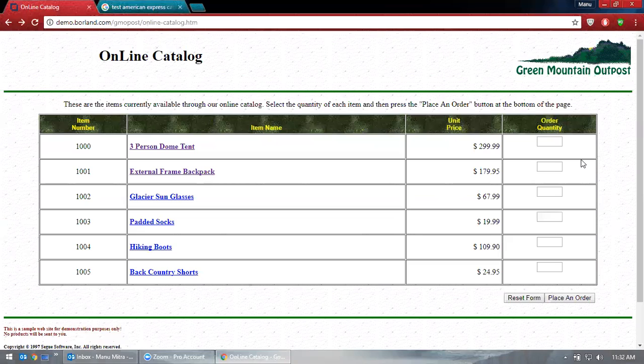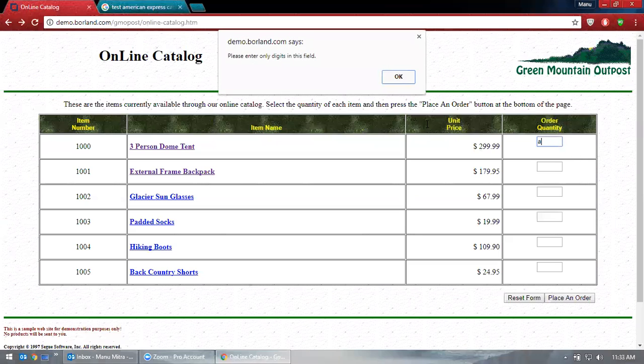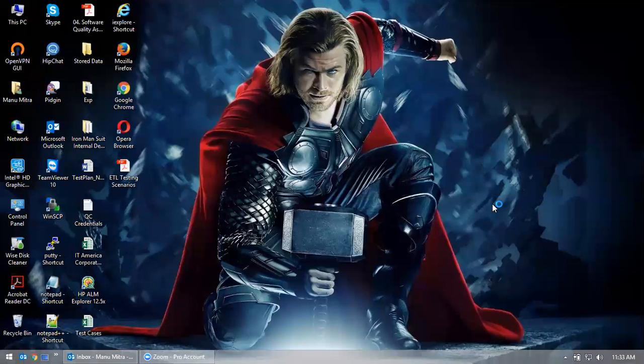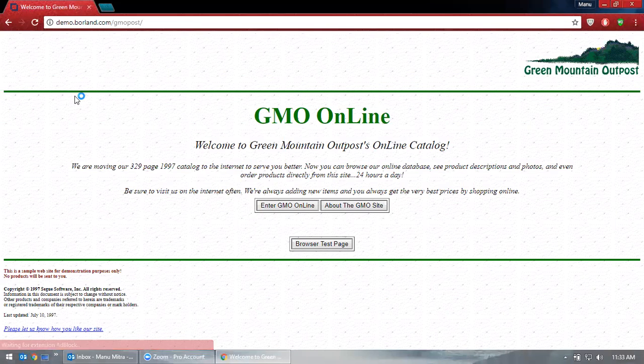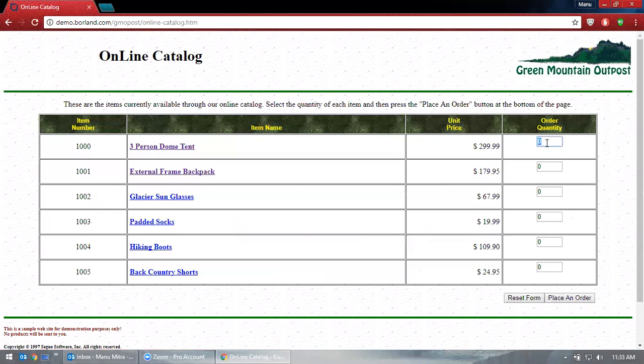What is a positive scenario? Let's take an example here. This is the order quantity. Quantity is always measured in numbers, right? 1, 2, 3. That's called a positive scenario. Quantity cannot be an alphabet. Let's say I want to put an alphabet here. Now, that doesn't work. You see this? Please enter this. Now this doesn't work. Let's go back. So that's called a negative scenario. Other than numbers, you're putting alphabets, special characters, or anything else. That's called